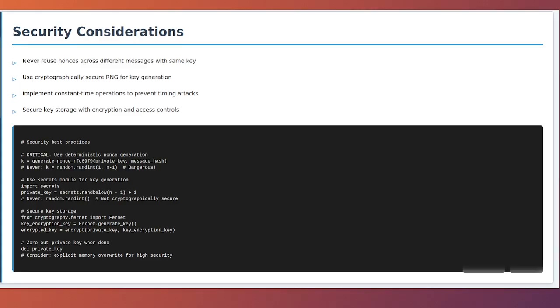Subtracting these equations gives S1 minus S2 equals (E1 minus E2) times D. Since we know S1, S2, E1, and E2 from the public information, we can solve for D as (S1 minus S2) times the modular inverse of (E1 minus E2). This is why deterministic nonce generation following RFC 6979 is strongly recommended, as it completely eliminates the risk of nonce reuse. Another